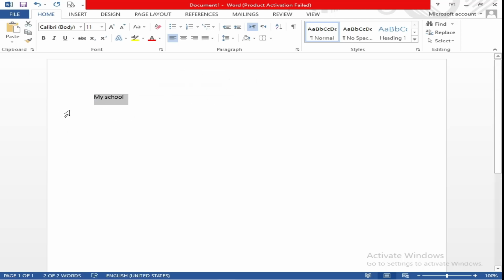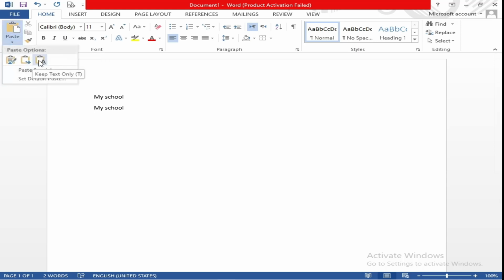After that you have to press Ctrl C to copy and to paste anywhere. For example, press enter to go to the next line and click paste. As you can see, it has pasted your text.